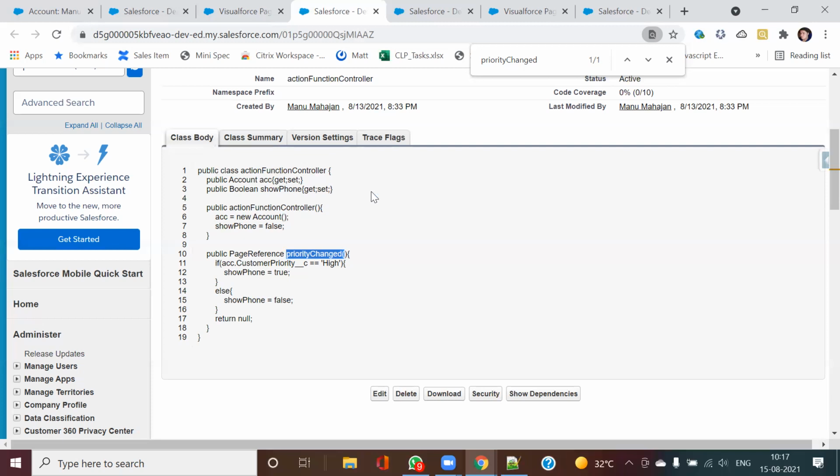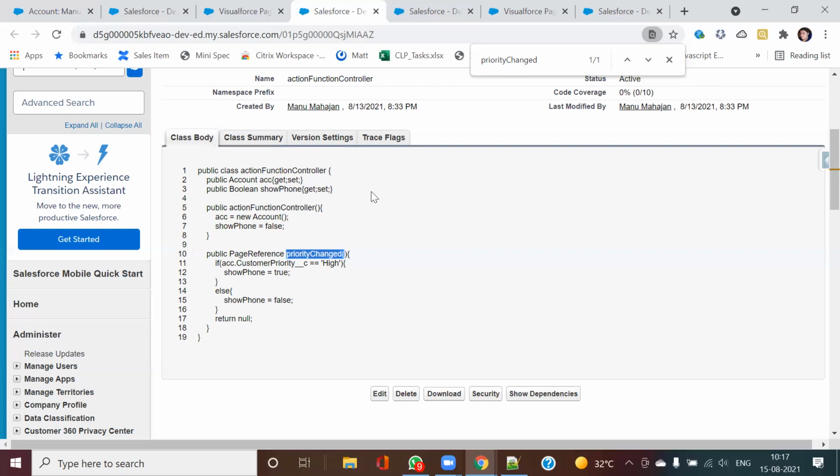Apart from this, there is one more thing, the action poller. Assume you have an account screen and below it you have stock prices. Your stock prices get updated every 5 seconds. In order to reflect those prices after every 5 seconds, you can make use of your action poller.